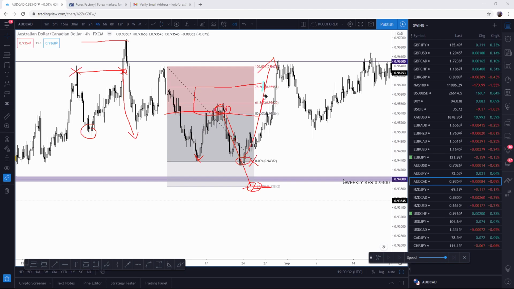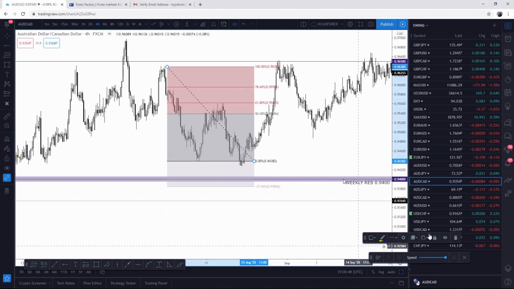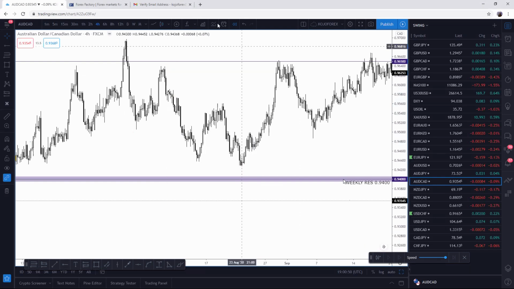You can't blame the market. That's why I use confluence in my trading. That's why I have psychological level. That's why I have traditional support resistance level. That's why I have the trend line. That's why I have the Fibonacci. That's why I can read into candlestick formations. So in this kind of scenario, you can see we had some form of a double bottom,